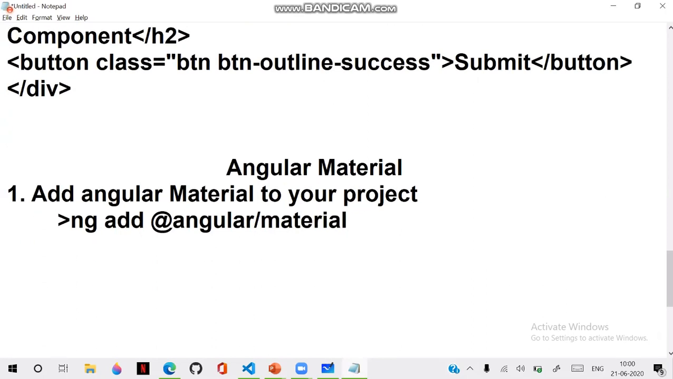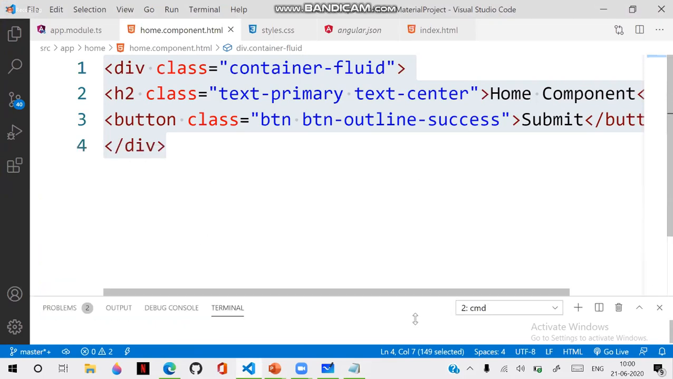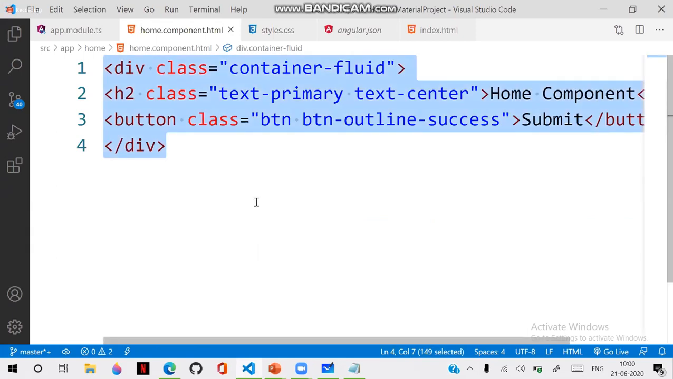Once Angular Material is added, what you need to do is configure a material theme for your project. Let's configure and define a material theme for our project. Generally, how can we configure the material theme? What you have to do is, after adding